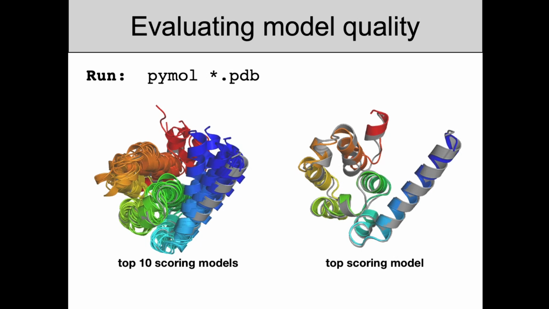another. Personally, I have a preference for just opening up these models in PyMol and seeing them compared to one another. And then that gives you just a very good idea of how similar these models are, how different they are. Are there regions of consensus? Are there regions of divergence? And so on and so forth. So that is my preference, and I would encourage you to take a look at the data that way as